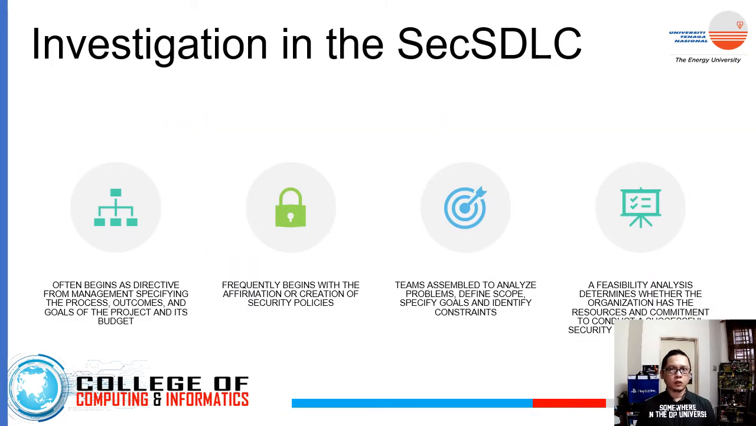So now we look closely at each of those phases. So begin from the investigation in the SecSDLC. Usually, every investigation begins from a directive from the management. Of course, sometimes management does ask, okay, currently, what do we have to protect? So calling the team, the management needs some input from the team of information security specialists that you have already assigned or recognized. So it begins from the directive from the management,